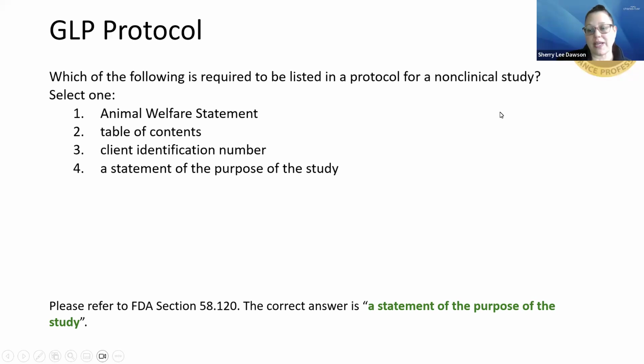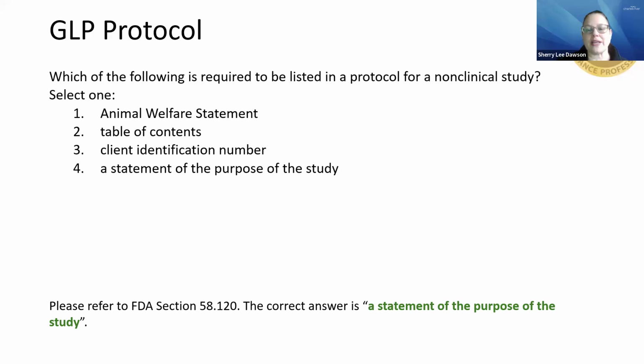It certainly is helpful, especially as studies become more and more complicated and extended, having a table of contents is certainly helpful to navigate through it, especially for principal investigators who just need to focus on their particular sections associated with their analyses, or technical staff that need to focus in on a particular activity. They don't want to be digging through a 30-page document trying to find how often they're supposed to be doing body weights. So table of contents is super helpful, but it just comes down to, as Camilla said, that